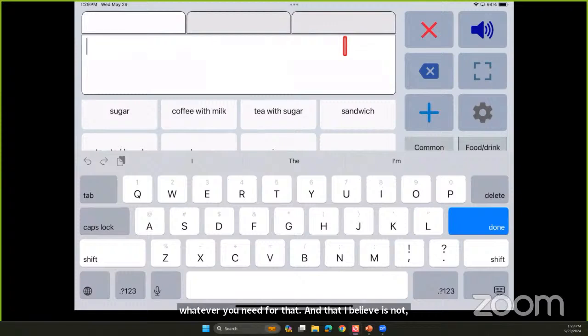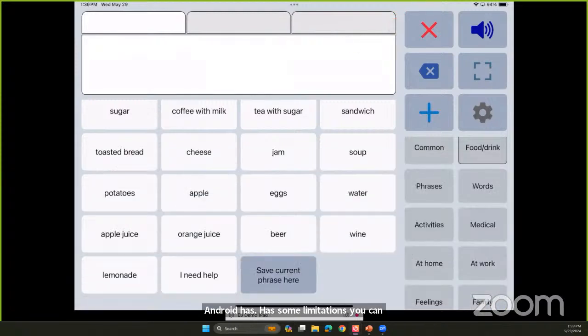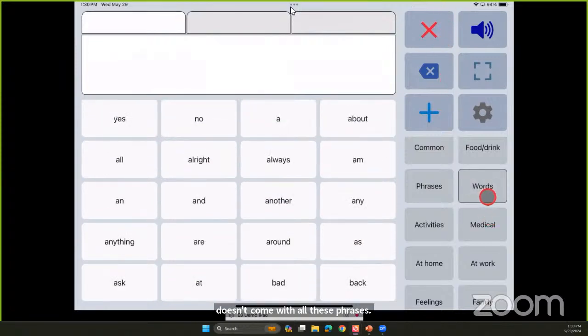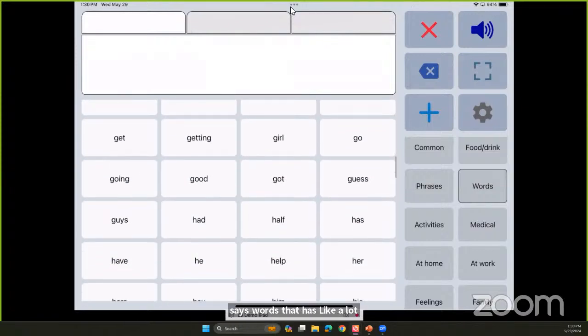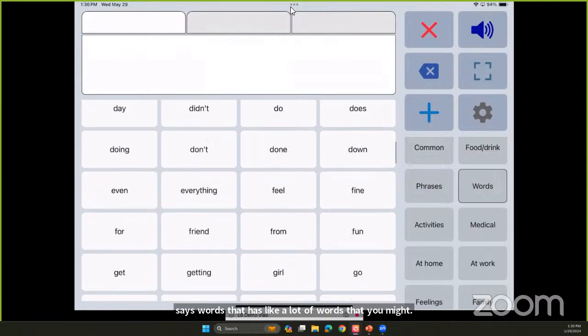There are some differences. The free version for Android has some limitations. It doesn't come with all these phrases or all these categories here. For example, there's one that says words, which has a lot of words that you might use. That's not available on the free version.